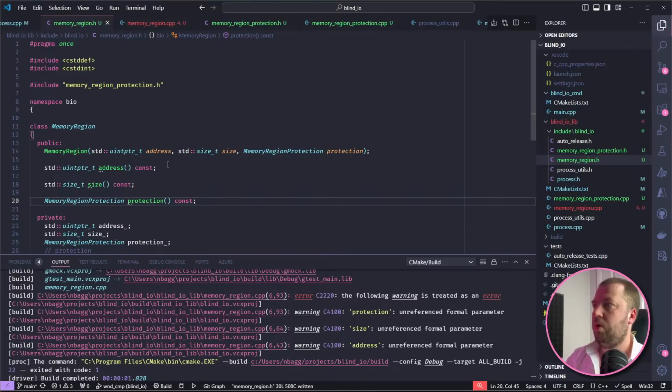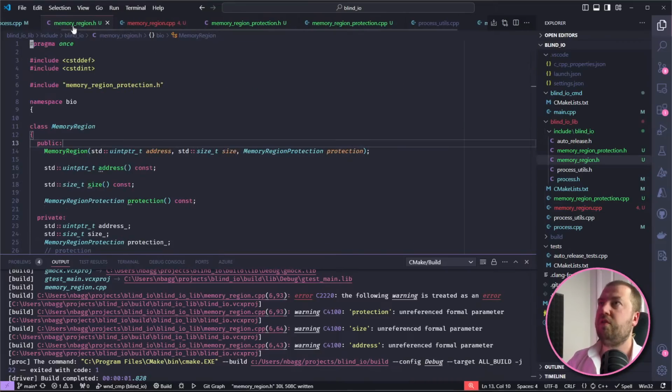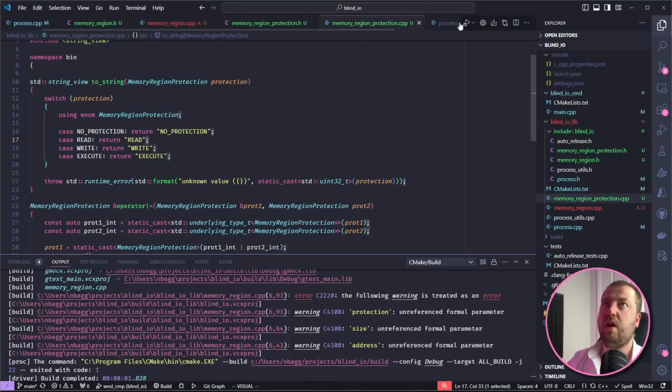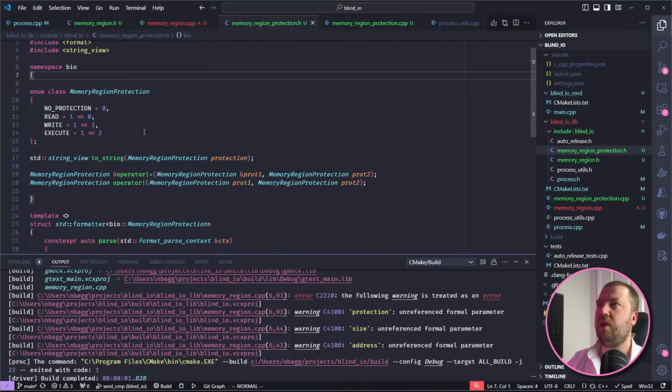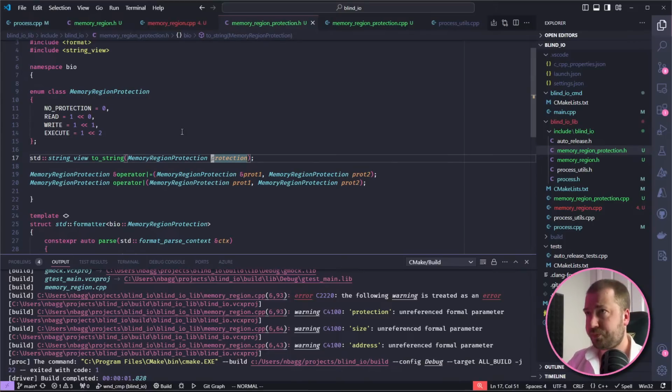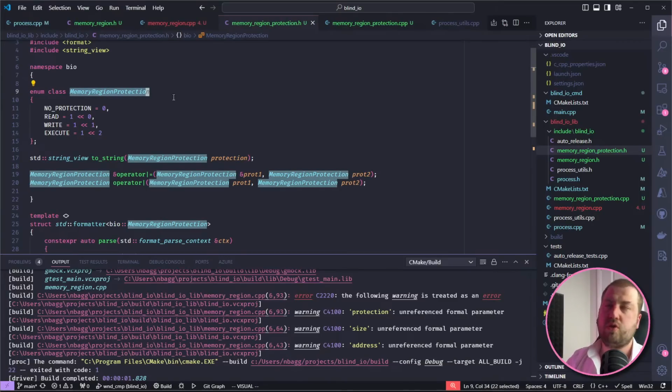So if you combine read and write together, won't that correspond to 3, which does not correspond to any enum variant? Correct. That is absolutely correct. But it is well defined to be able to do that. When I first read about this trick, I was like, surely it's undefined behavior to try and stick a value in there that's not specified in the enum. But the way to think of it is, this is a new integral type that you've come up with.